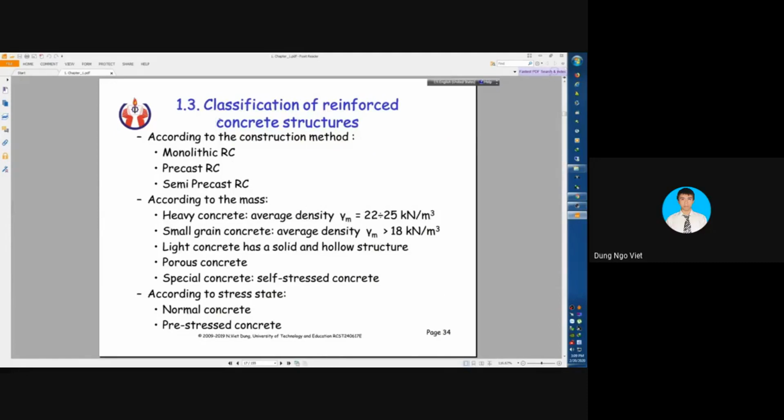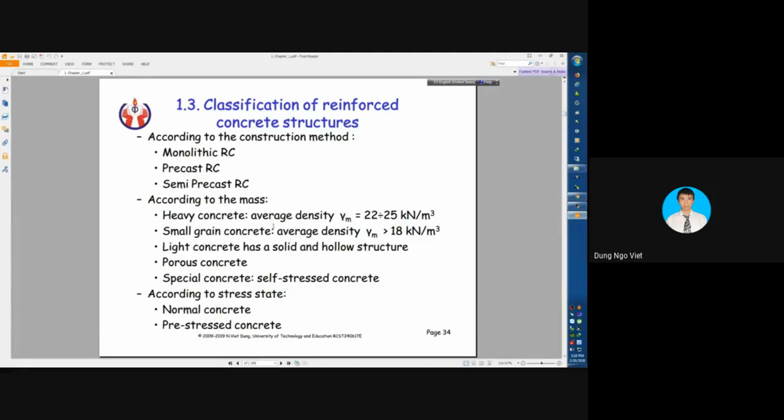The third part of chapter 1 is the classification of reinforced concrete structures. According to the construction methods, we will divide reinforced concrete structures into 3 groups. The first group is monolithic reinforced concrete, then precast reinforced concrete, and semi-precast reinforced concrete. And according to the mass, we can classify reinforced concrete structures into heavy concrete, which has an average density